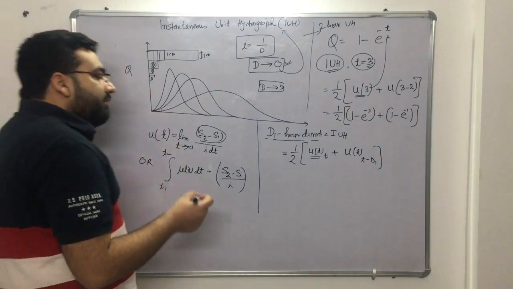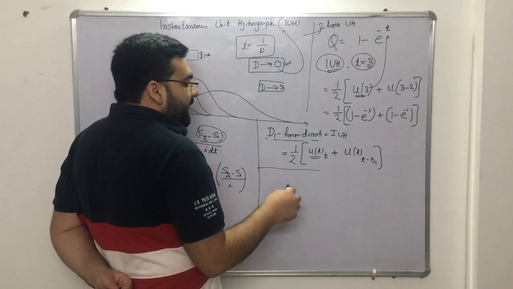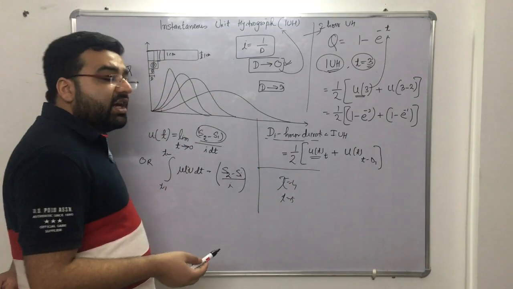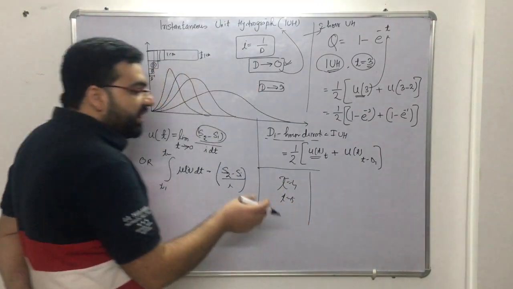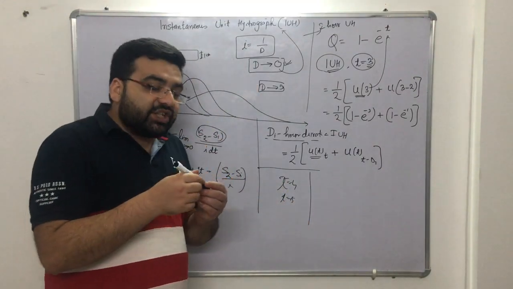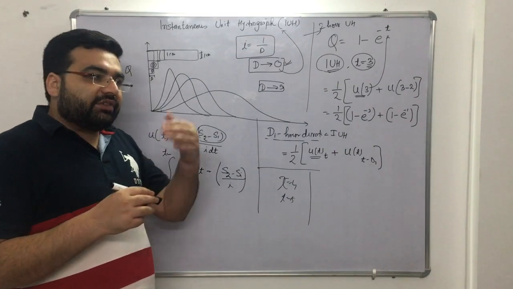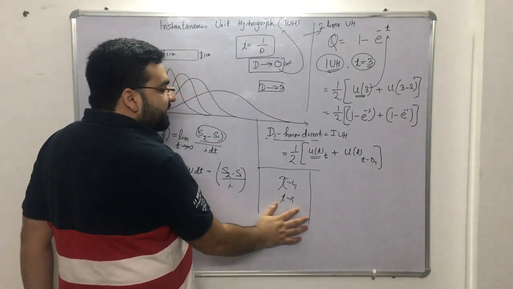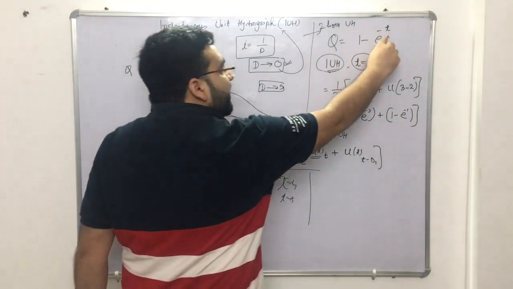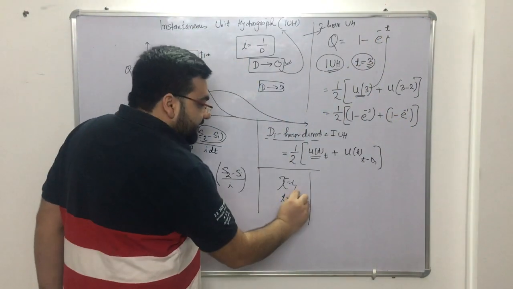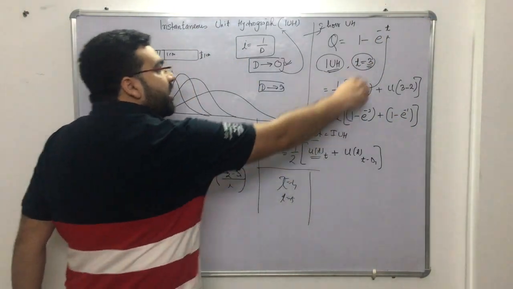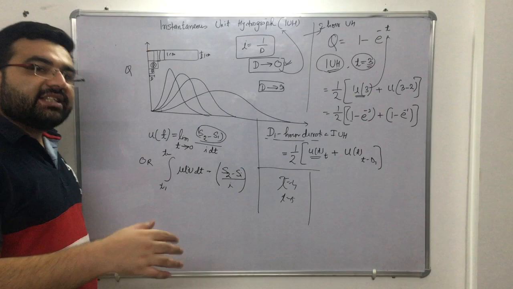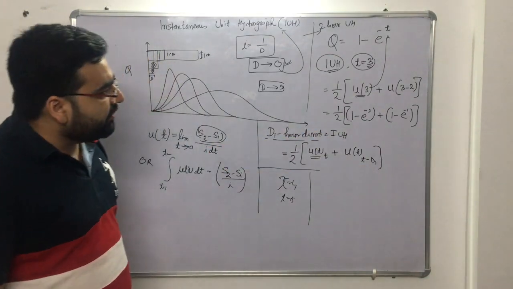So always remember, whenever you are asked to determine the unit hydrograph at t equals 4, t equals 5, or something like this, first of all, see the duration of the unit hydrograph given in the question, whether it is a 2 hour, 3 hour, or 4 hour unit hydrograph. Then you subtract that duration from the given time and put the values into the function, you will get one value for each, and you take the average to get the answer. I will also solve one question which came in the GATE examination.